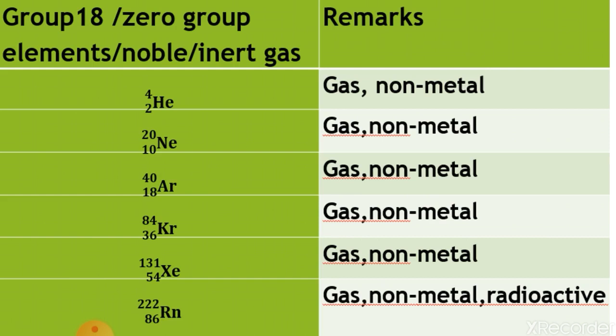This is given in the form of a table also. The group 18 elements, this is according to the modern periodic table. It is also known as zero group elements. This is because they have zero valency due to chemical inertness and also due to complete shell,